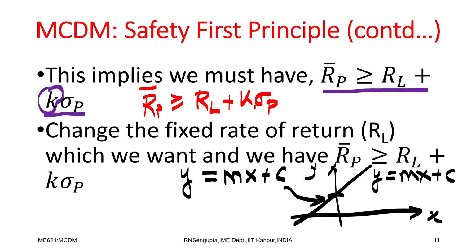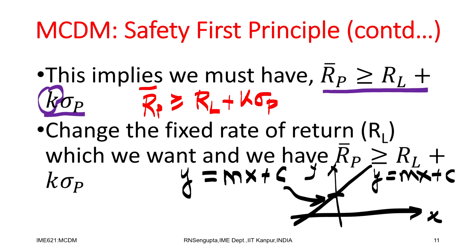Now, it becomes very obvious the value of c is akin to RL in this equation. The value of K is almost equal to the concept of M, and RP and sigma p are the concepts which we can utilize, considering RP bar is Y, sigma p is the standard deviation. You can consider it the other way round also, like sigma p as Y and RP bar as X.